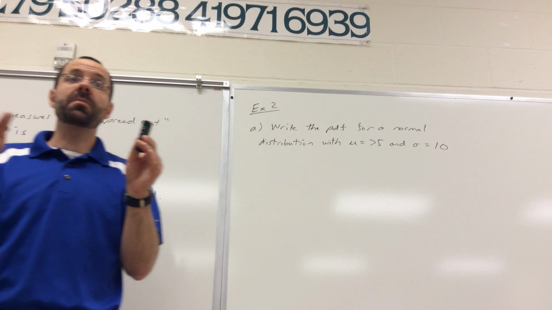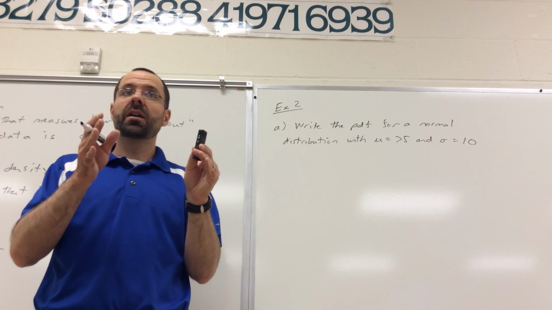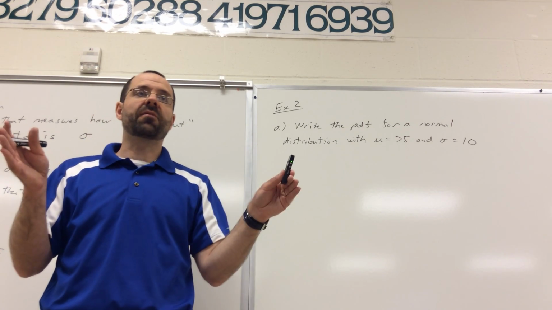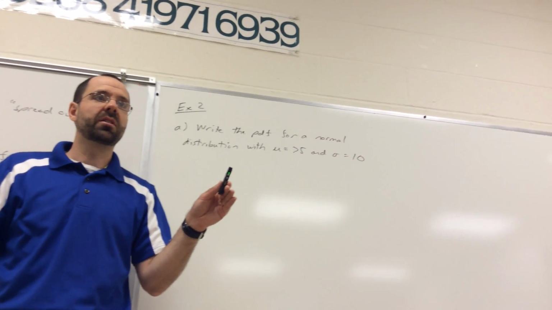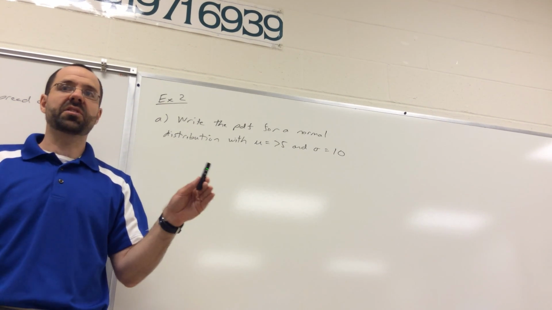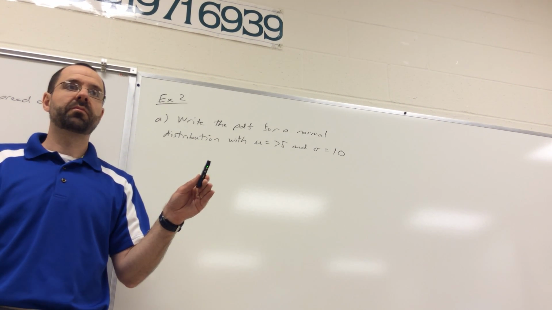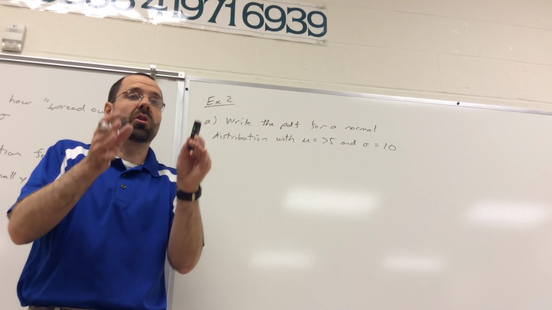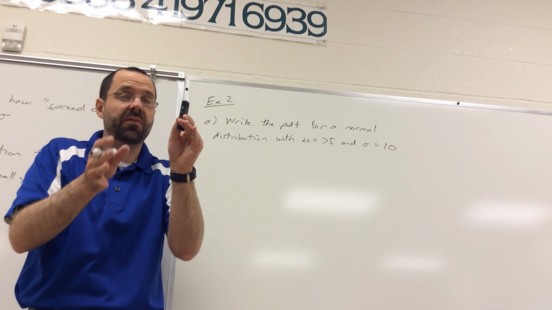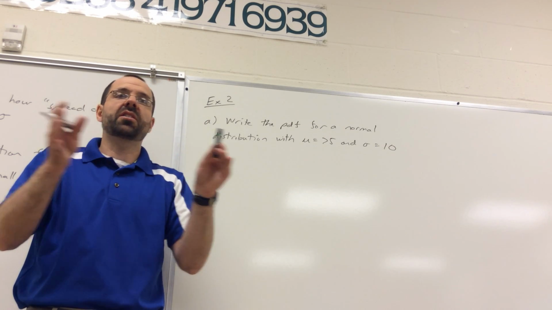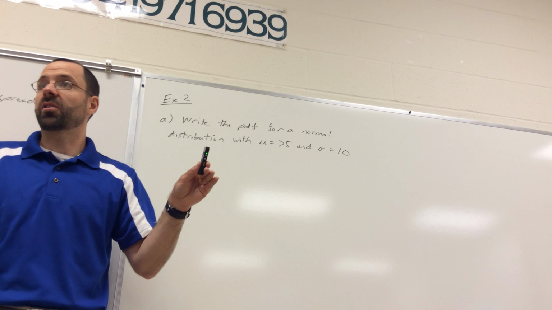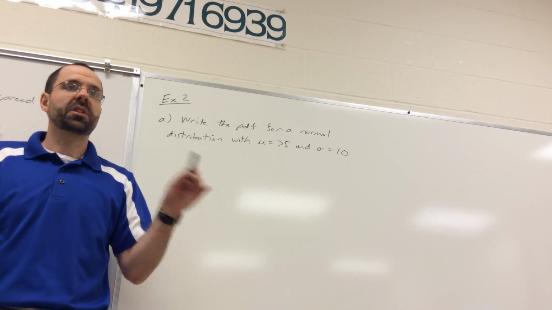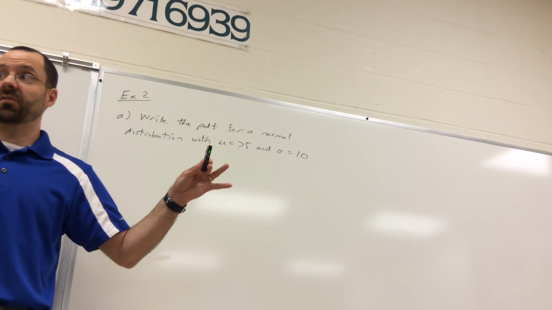Now, on a different test, maybe the standard deviation would be 20. And so then that means from 55 to 95, the same chunk scored in that range. So in the first case, the standard deviation is only 10, so a good chunk of the students scored between 65 and 85. And if the standard deviation was 20, the same percentage scored between 55 and 95, because it's more spread out when it's a bigger standard deviation.